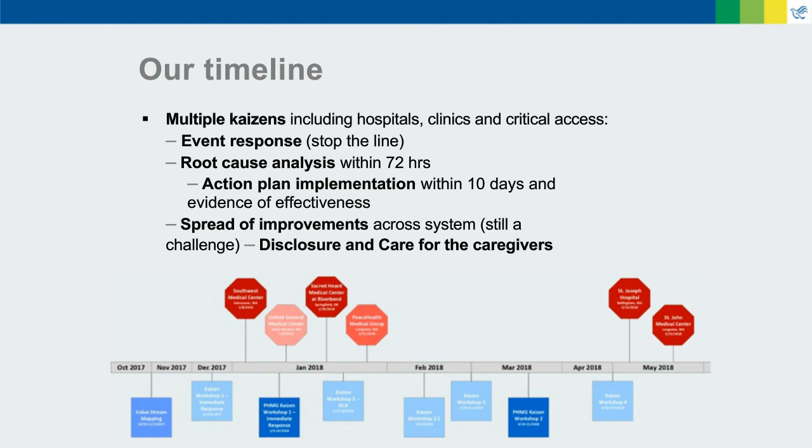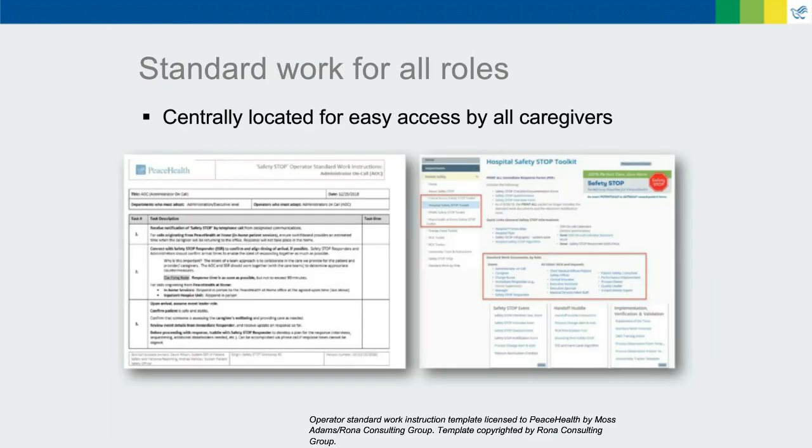We had to do some copycat Kaizens, which I'll talk about in a bit, in the sense that the process that we developed for the acute care hospital wasn't necessarily, all of it, going to fit for our critical access hospitals and all our clinics. We developed standard work for all our roles, which is easily accessible for all caregivers so that they know where they can access the standard work, and any role of anybody involved in a safety stop has standard